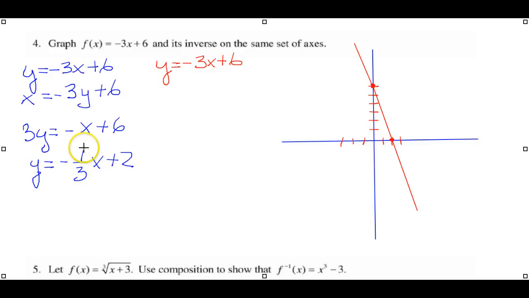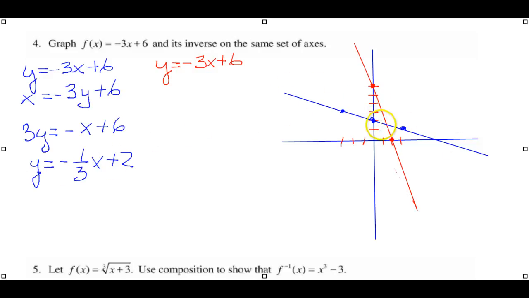Now I'll do this in stages so you can see that when we plot this line, our y-intercept is 6, our slope is over 1 down 3, over 1 down 3, so this gives us this line. Now on the same graph, I'm going to plot this one, where our y-intercept is going to be 2, and I'll put that in blue. So there is my inverse,